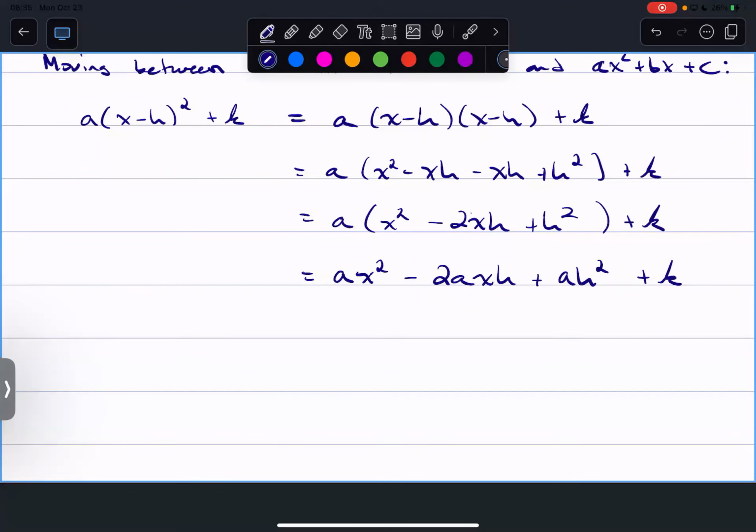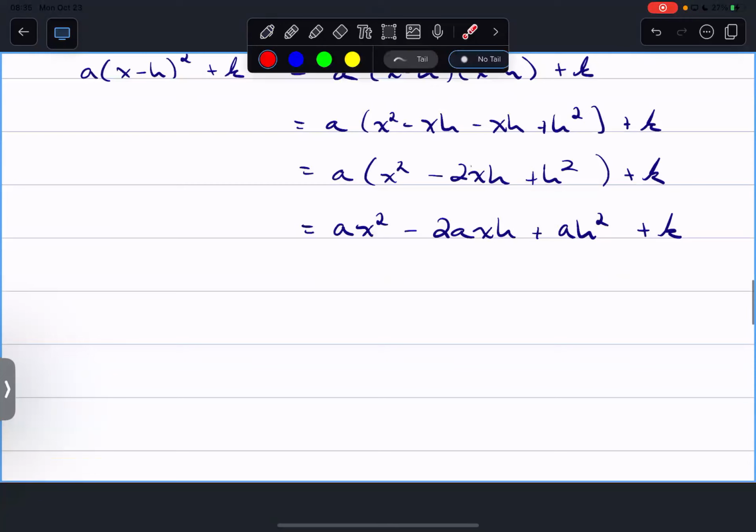Okay. Do you see it? Little bit, that's good. Hey, I'm happy with that, right? And so here, let's just remind ourselves that only the x's are variables. Everything else, they're just numbers, right? They're just placeholders for numbers. And so what do I want to do? Well, ax squared looks good on its own, right? And then I've got minus 2axh. That's the x term. I shouldn't say just, but